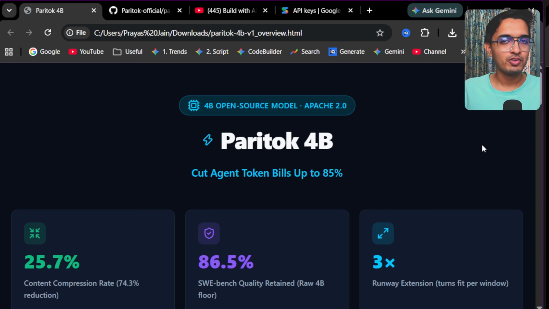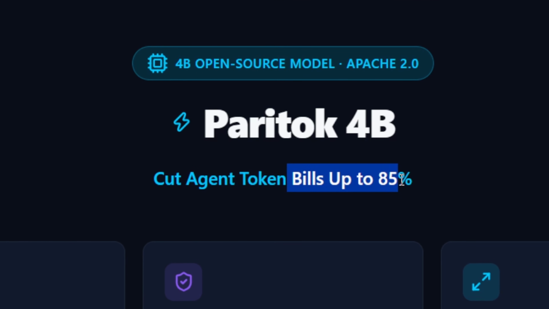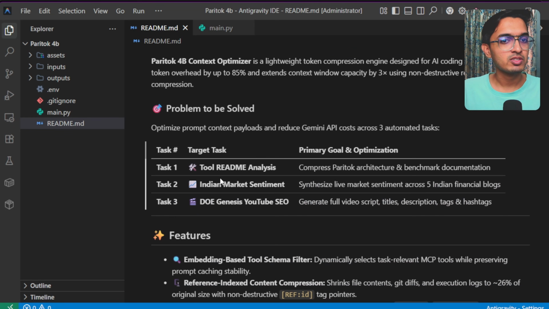We all know the pain of our AI agents just burning through our API bills by generating unnecessary text. But Paritok 4B is here for us, which slashes all of those bills by 85%. Today I'm going to cover all the key details of this model and also give it 3 different tasks